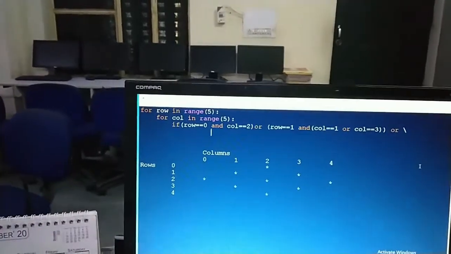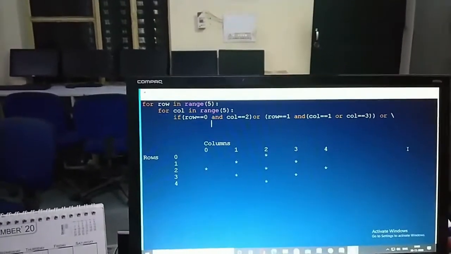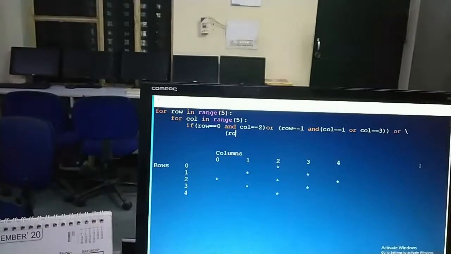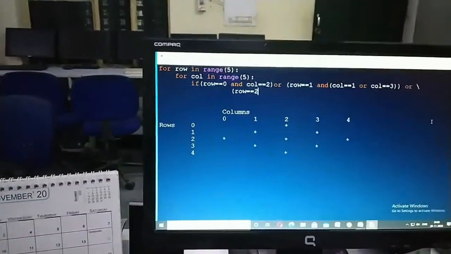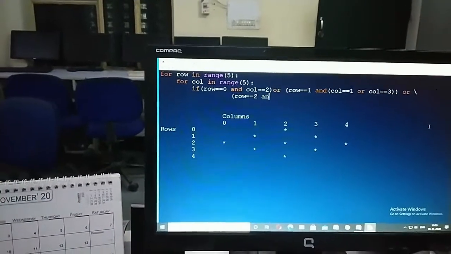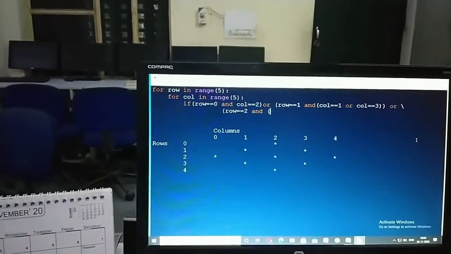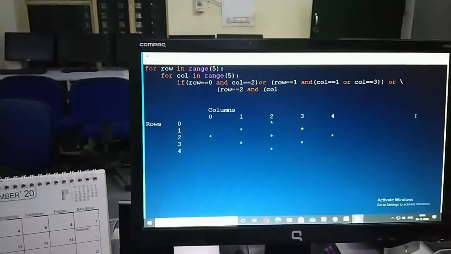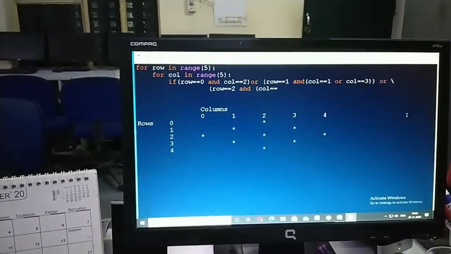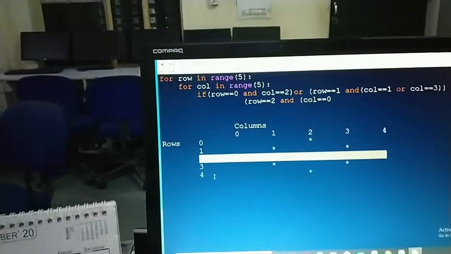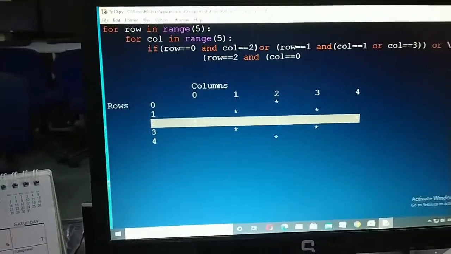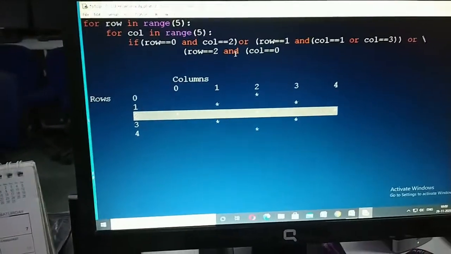Now next is again you can say row equal to 2, that is the row number, and now start the bracket again because I have more than 1 column. Call equal to first is 0. As you can see here, I'm talking about this. So my row number is 2, so that I have mentioned row equal to 2 and